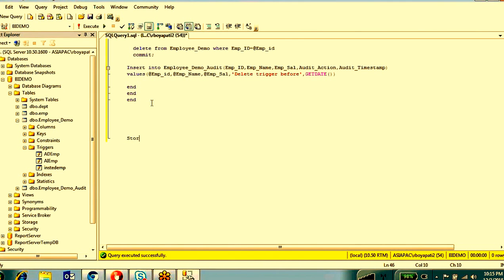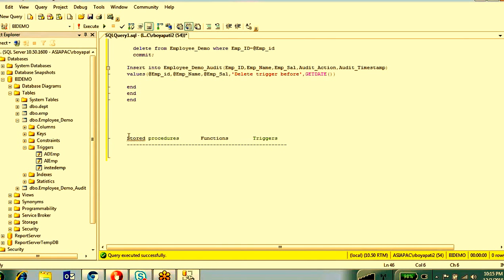So finally in T-SQL we have seen stored procedures, functions, triggers. Got it? So what is the difference between these three: stored procedure, functions, triggers?